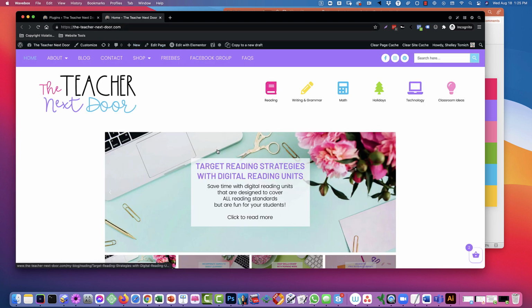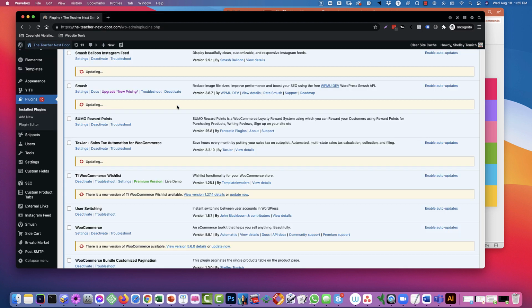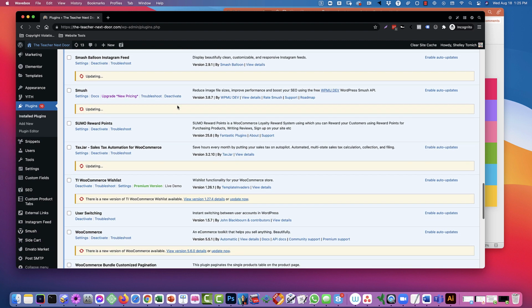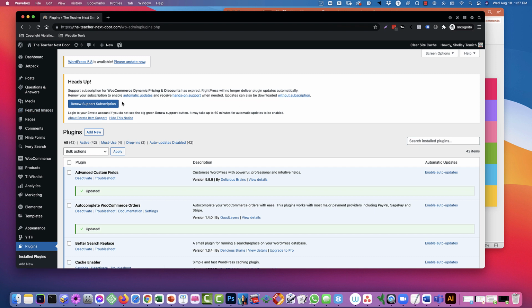If you check the website, by the way, in the middle of an update, do not panic if you, well, I can't catch it. It might say, hey, down for maintenance. So WordPress automatically shows a little message if it's actively updating something, and then it gets rid of it when it's done. Now that all of those are updated,